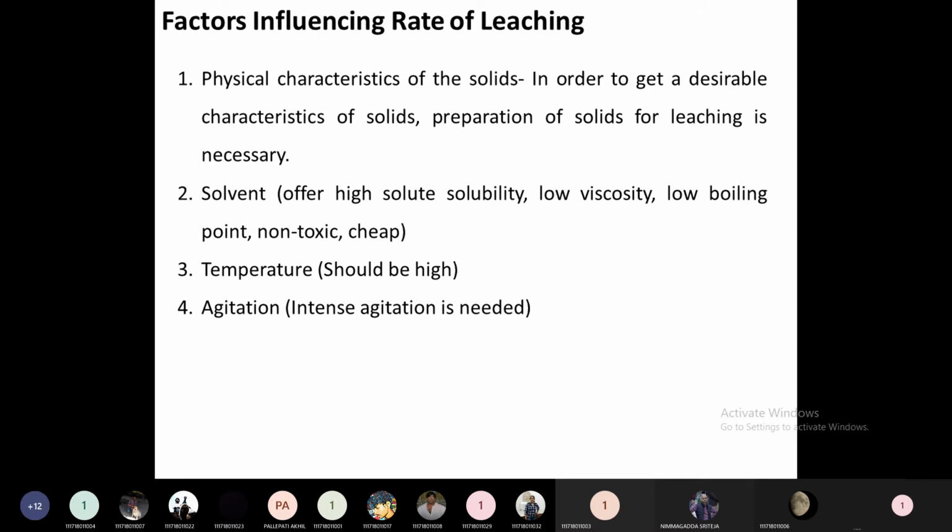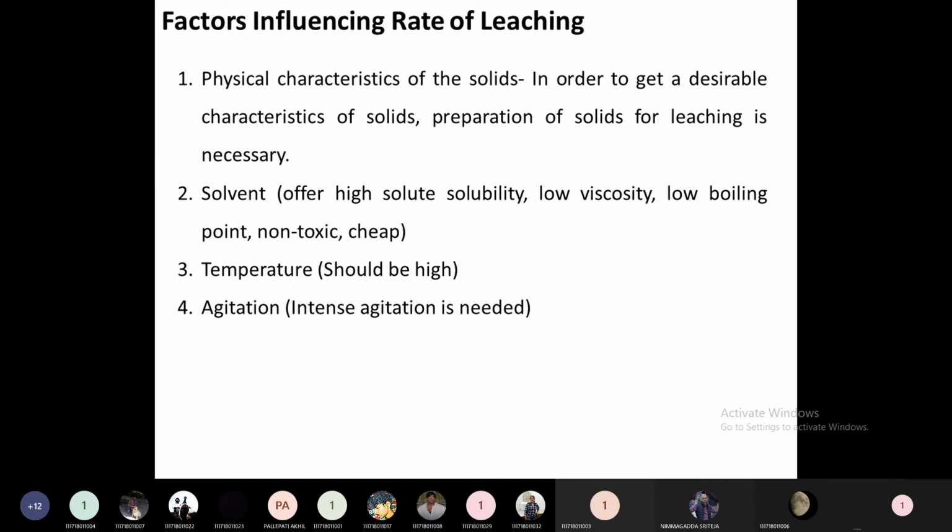So the main physical characteristic of the solid is its size. When you reduce the size, the leaching will be very much improved, so we can reduce to fine grinding. You can ask why we can't always reduce to fine grinding.